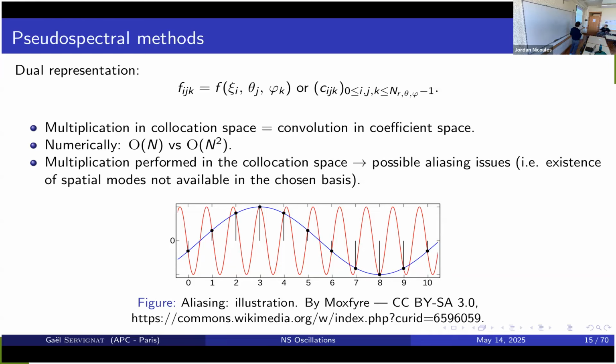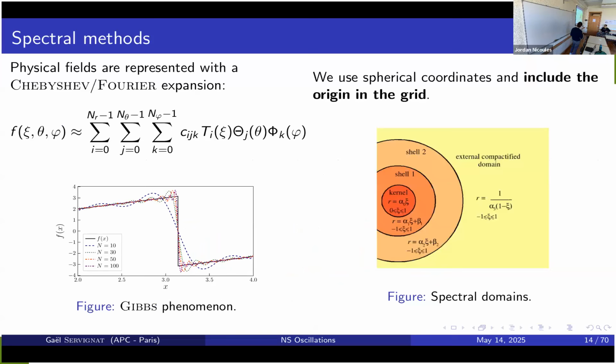But in this case, an aliasing issue can appear, and it's illustrated here. Basically, if you don't have enough points to represent, say, a sine wave, you can have another one of lower frequency going through your points. This is what happens if you don't have enough points. But this is fixed at the beginning of the simulation, so you have to keep this in mind. You cannot always go as far as you want to solve.